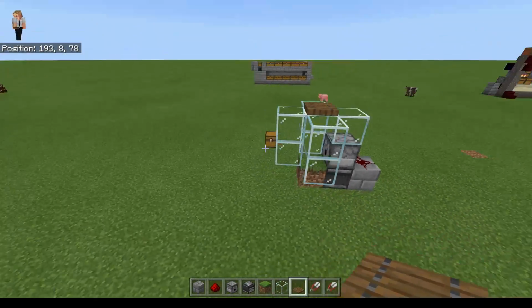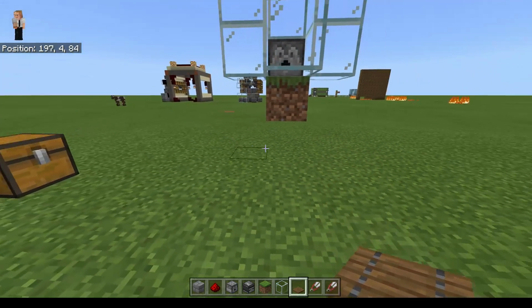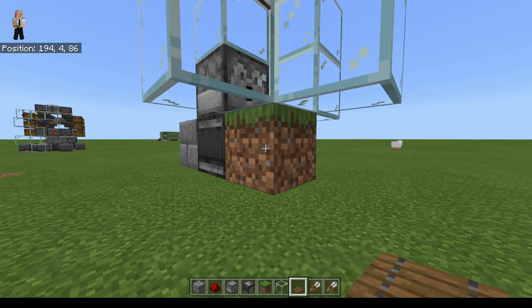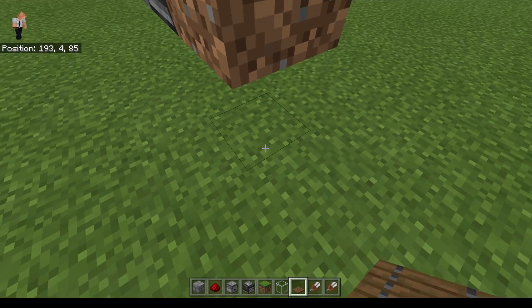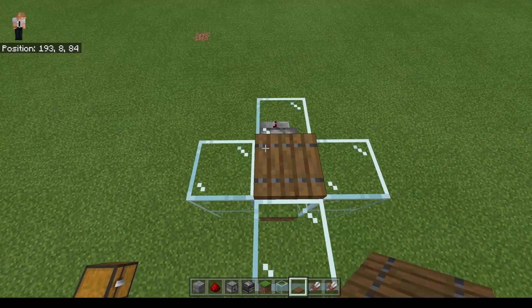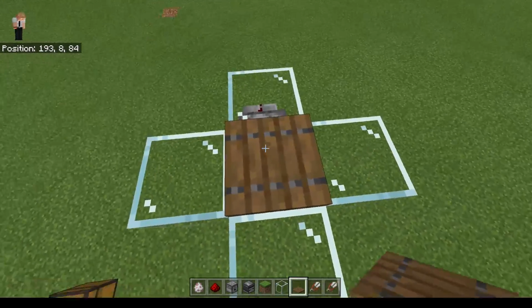And really that is the entire single farm done. Now, if you only were going to do one, you could do one of two things. You could put the minecart hopper here and load this block into the minecart hopper, or you could put the minecart hopper right below it. We're going to do a track system for this because we're going to do multiple. And after this, all you need to do is spawn your sheep in, or get your sheep in